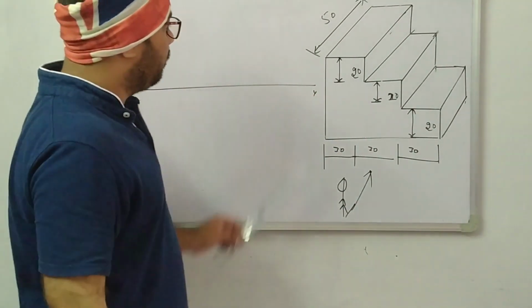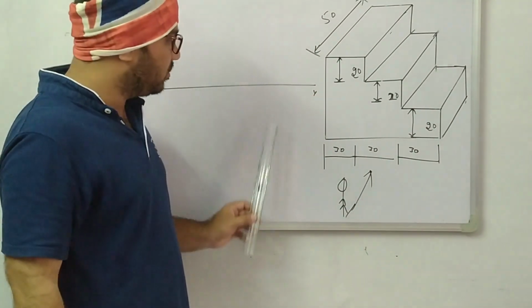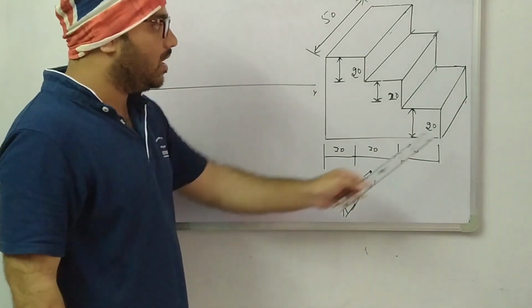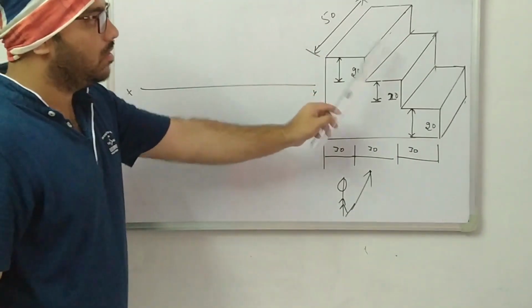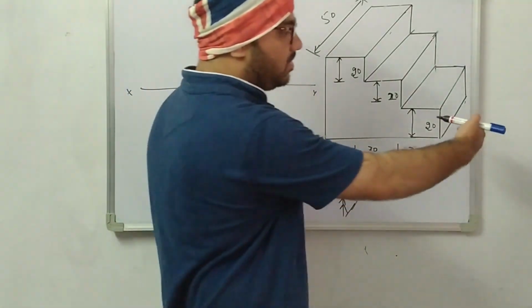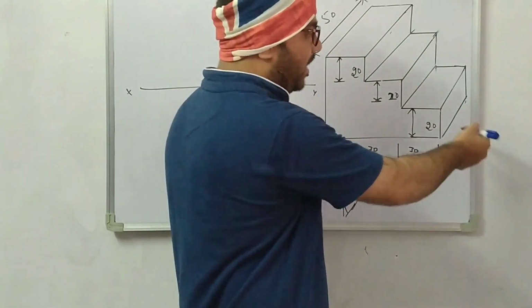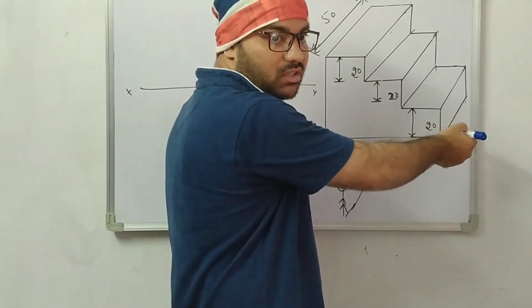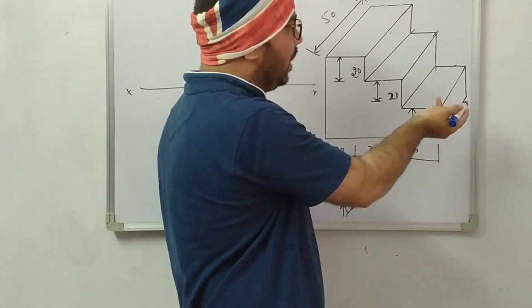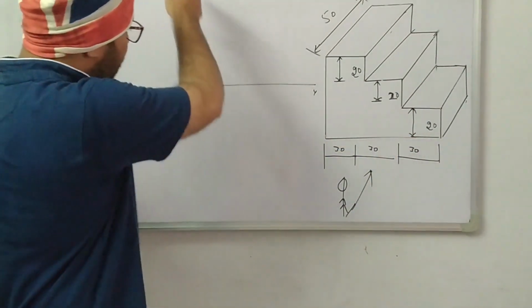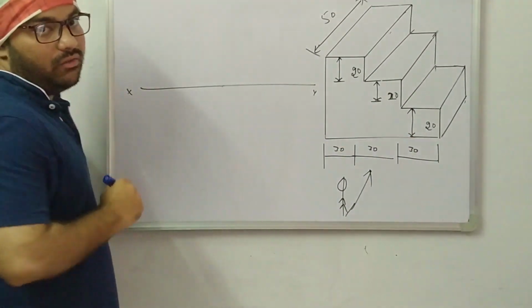Now see here, the front view is constructed here and the top view is constructed here, and the side view will be constructed here. Why not here? Because you are watching from this side. My hand, this is the right side. Whenever you are watching from the right side, the view will fall on the left plane. So simply draw the reference line here and draw the side view here.